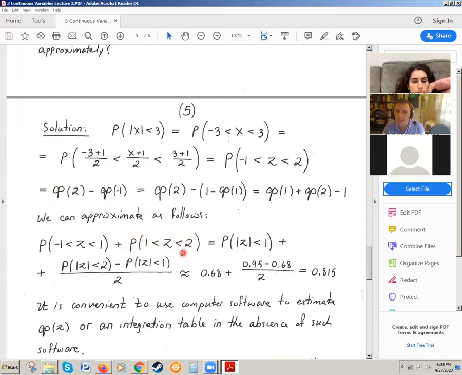And this I will try to approximate as follows. This is like the probability that z is between -2 and 2, minus the probability that z is between -1 and 1, and then I get the two tails, correct? You see what I'm saying, right? I have this distribution between -2 and 2, and within it I have -1 and 1. I cut it out, and I have now the distribution between -2 and -1 and between 1 and 2. And they are symmetric, so I divide by 2. So I take this minus that, divide by 2, and I have an estimate for this guy.